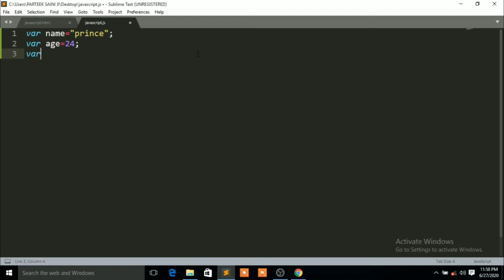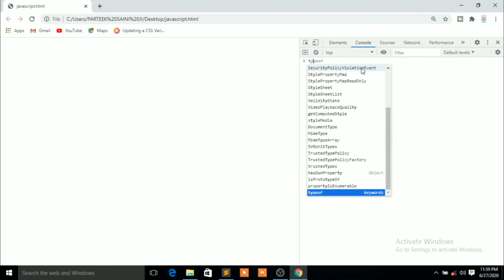Another type of variable, that is variable, and then suppose the name should be like value, and then for value you can give it true or false, like false is okay, it can either be true or it can either be false. This is the boolean value. Okay friends, so now let us know the type of these variables. So to know the type of these variables, control plus s, control plus r, right click on inspect, go to the console window, and here you have to write the typeof keyword, and then you have to write a space, and then the name of the variable, that is name.